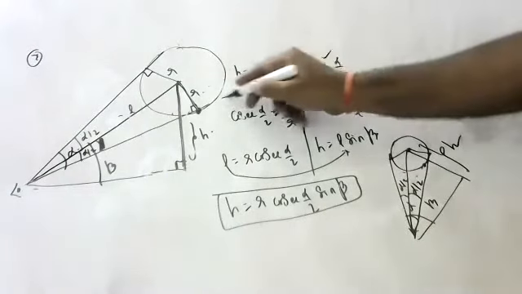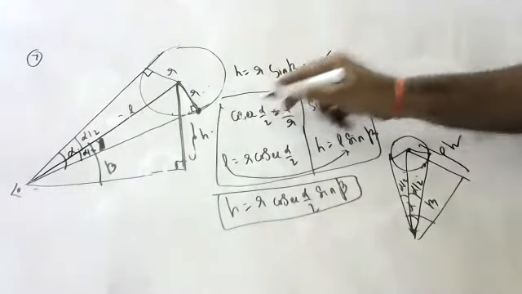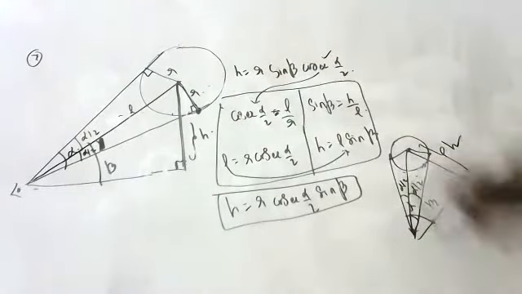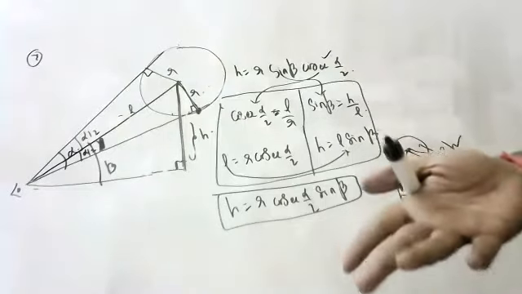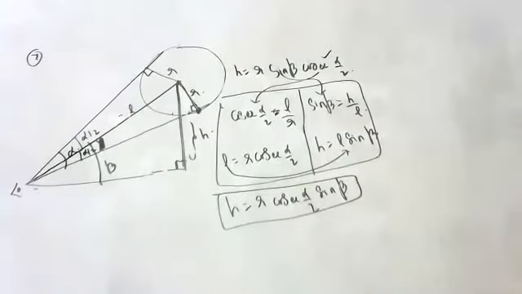Only two steps. Go according to the question. Why did you do cosecant alpha by 2? Because it is there in the question. Why did you do sine beta? Because it is there in the question. Go according to the question, children. You don't take any of your own value, like tan you will take, cot I will take. You don't go according to your own choice. Go according to the question. Then it will become easy for you to follow.